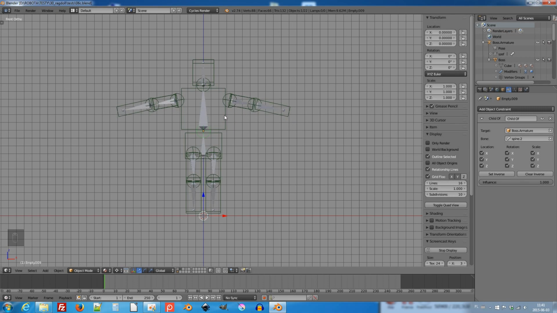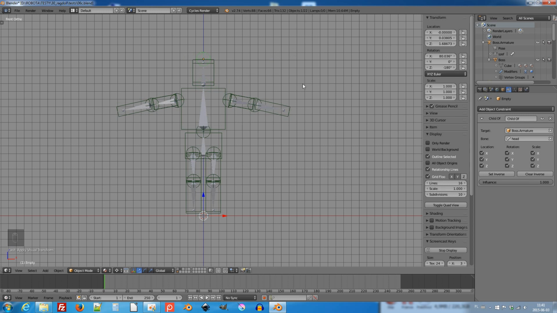Now every bone except this has its own empty, and if I select this, you can see that its location and rotation are still 0. That is because the constraint controls the position of this empty, and this is very bad for simulation. So I must apply this position to the location and rotation, and to make that, Ctrl A, apply visual transform.